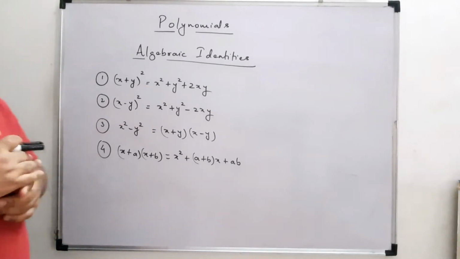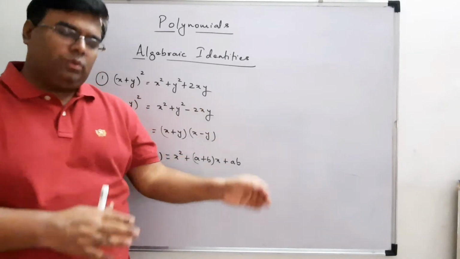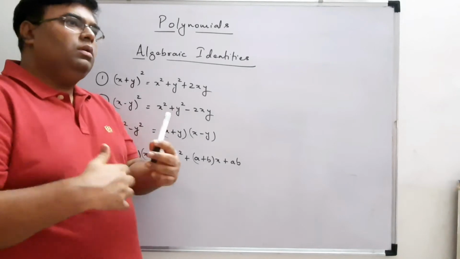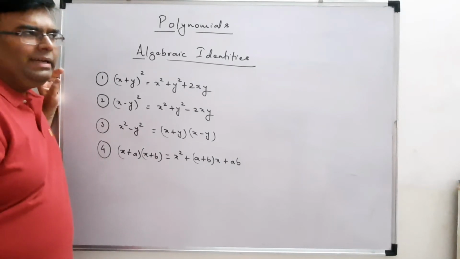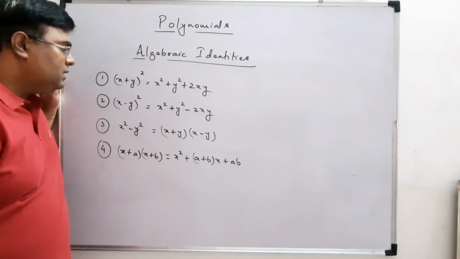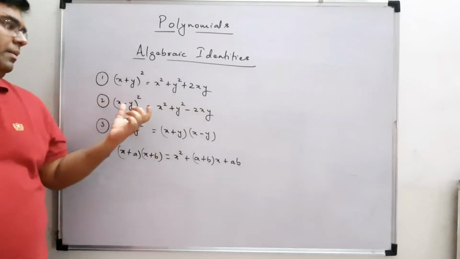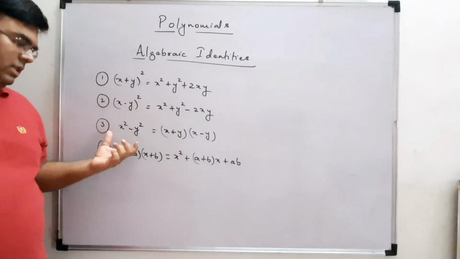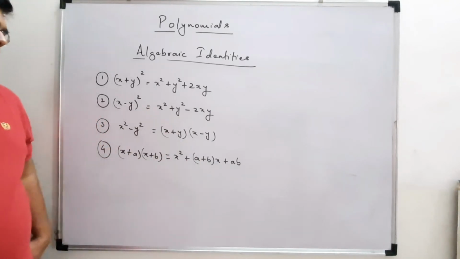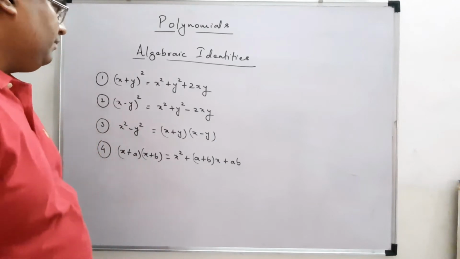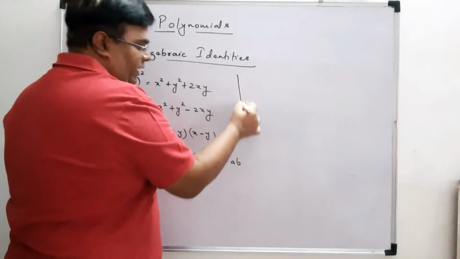Okay, now we will talk about algebraic identities. Identities are basically formulas which are already proven, and we will use them to proceed further or to solve any problem. These are the 4 basic identities that we have already learned in earlier classes: (x + y)² = x² + y² + 2xy, (x − y)² = x² + y² − 2xy, x² − y² = (x + y)(x − y), very important here, and (x + a)(x + b) = x² + (a + b)x + ab. Okay, so our next identity is of 3 variables.